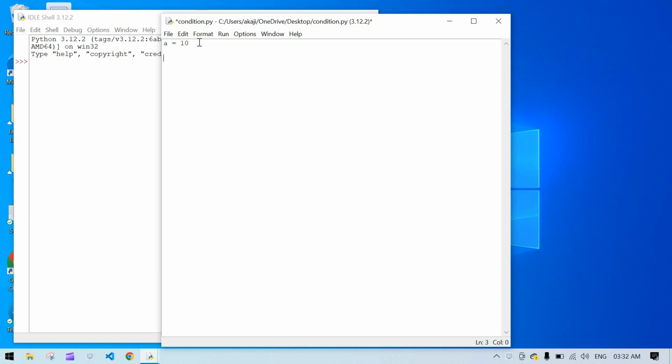Here I'm going to check whether a is greater than 5 or not. If it is greater, I'm going to display big, or otherwise I'm going to display small. Okay, so here I'm going to write if a greater than 5 and add a colon, and here I'm going to print big